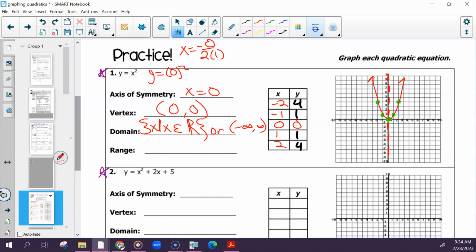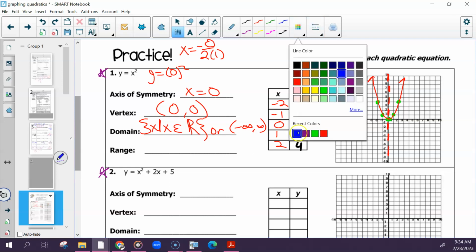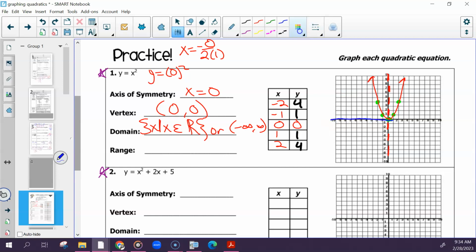Range, however, is always going to depend on whether it is facing up or down. So it'll always go lowest to highest. Your lowest point, and I'm going to draw a line here just so you see where our lowest is, is at 0. And then it keeps going up forever. So it's going to be everything to infinity, everything greater than or equal to 0. So we write it like y is greater than or equal to 0,